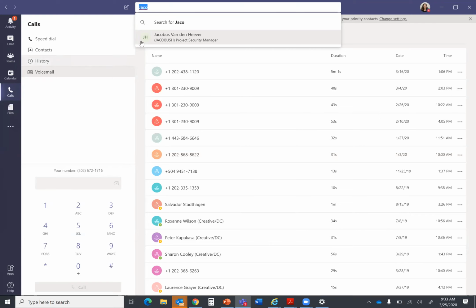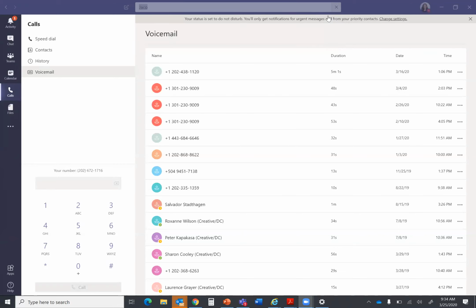So if you can't find their name in here and you actually have to dial their number. So if I was to dial my personal cell phone number, I will require an actual number here. And so, Melissa,